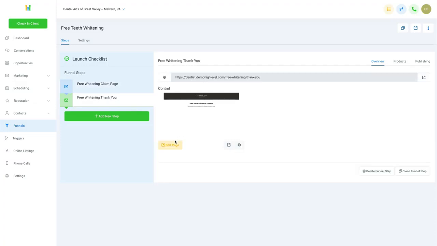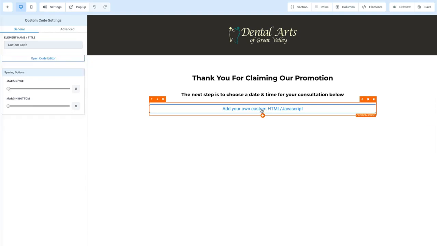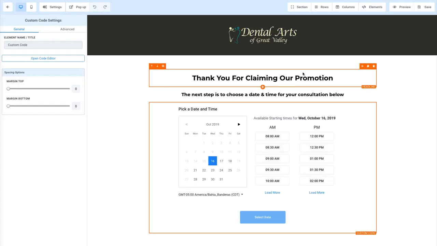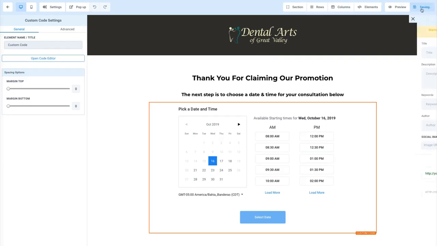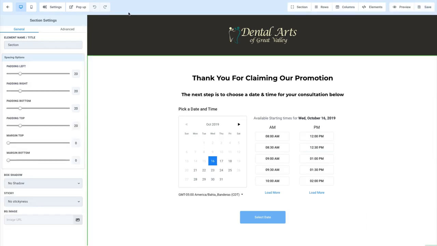I'll select the page, select edit. Okay, great. And now I'm going to select that element and open my code editor. I'm going to paste that in there. We can see it took, so I can close that out. And there we go. So I'm going to hit save again. Let that save. And now what I want to do is I want to set the redirect to this page